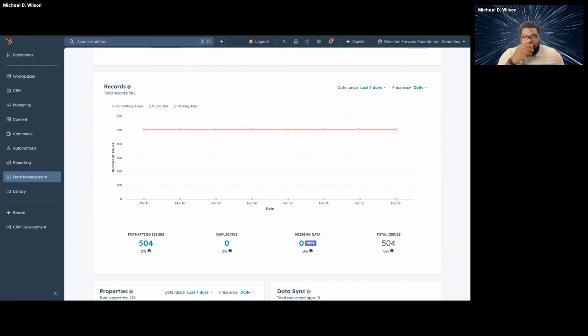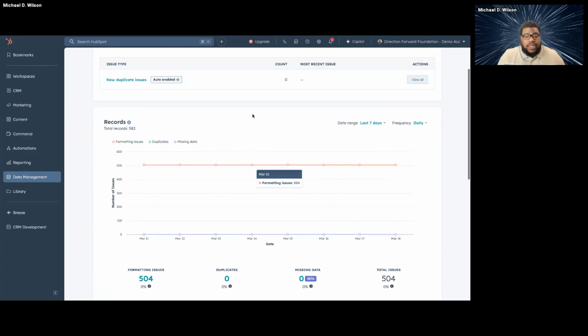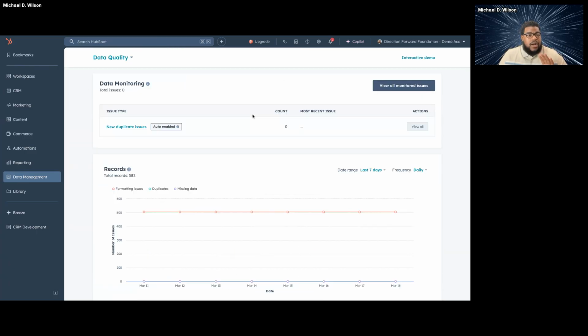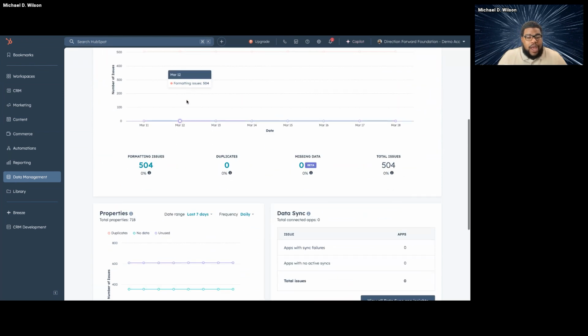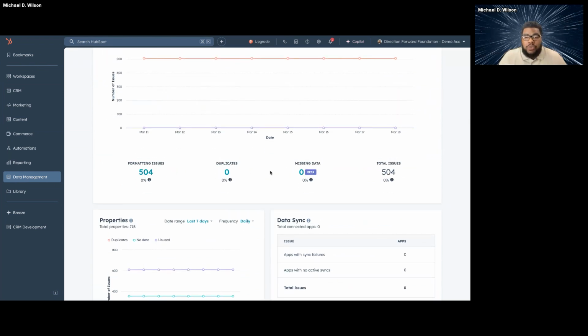And so with that being said, it's about bringing all your different data in, whether HubSpot actually does that thing or not. Can we get the data in so we can close the gaps throughout a customer's journey and really understand what is actually driving customers? As they're doing that, they're also strengthening the data quality tools. So as you'll see here, we have things around understanding formatting issues, duplicates, missing data,